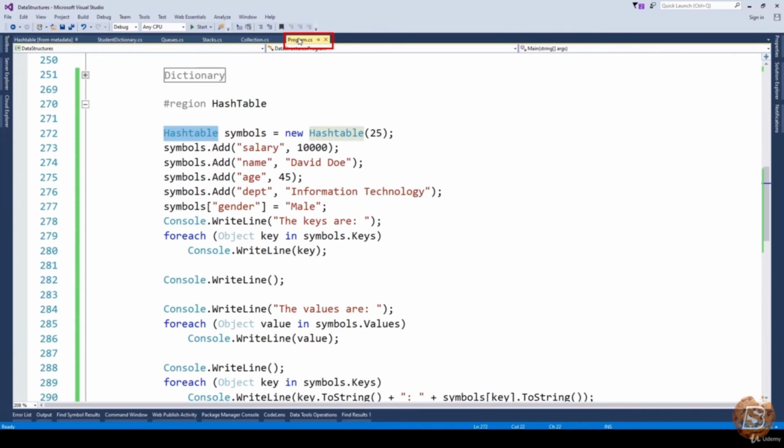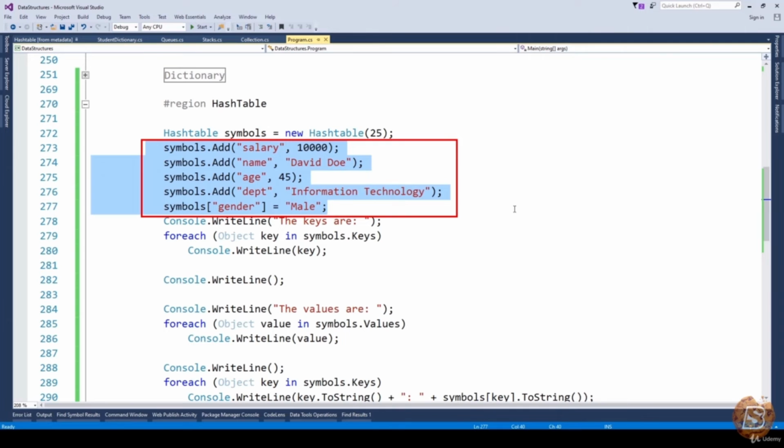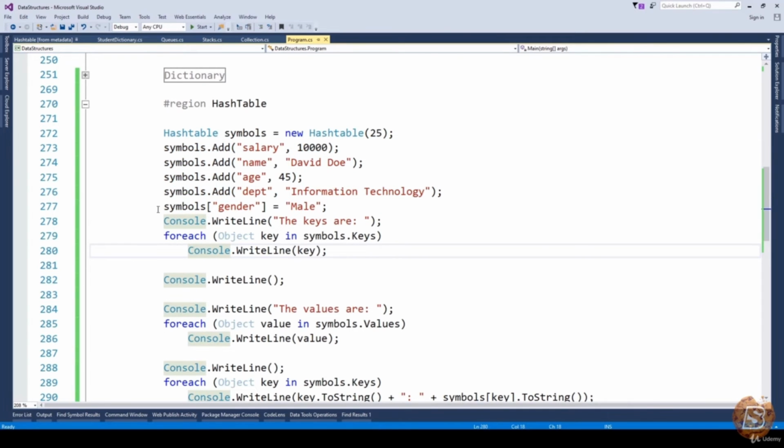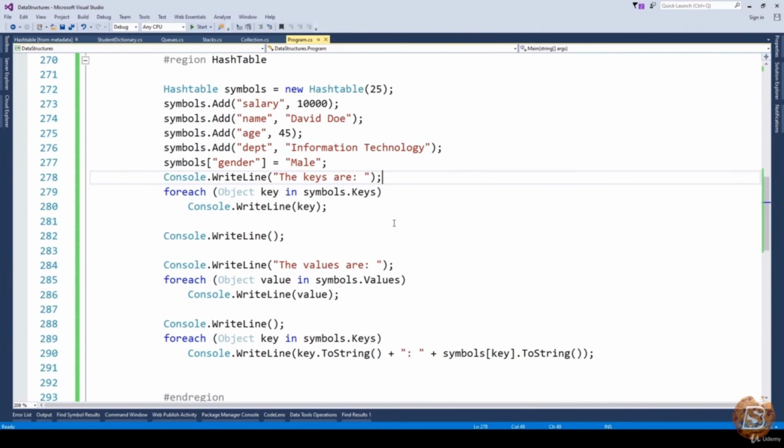Here in our code, we have created a hash table with 25 as the capacity, and we are adding some keys to it like salary, name, age, department. One more way of adding a key value is using the index syntax. Here we say symbols, and then we specify the key and the value associated with it. After that, we